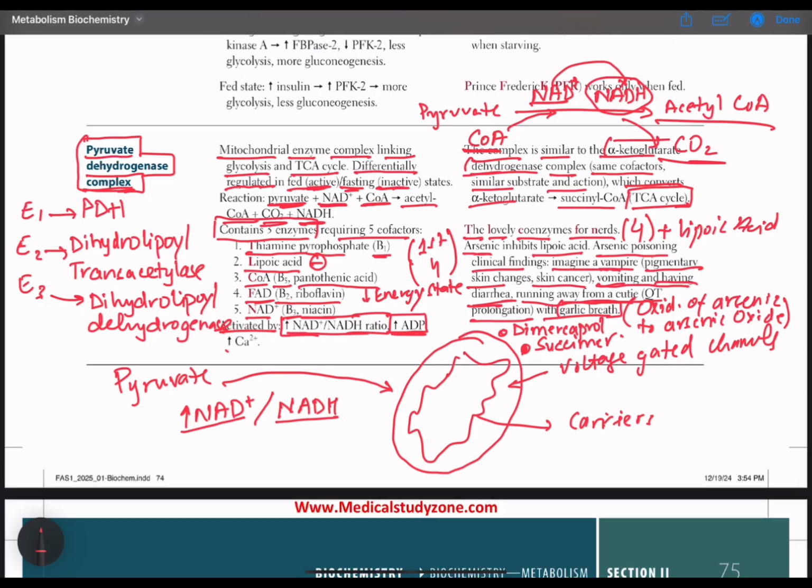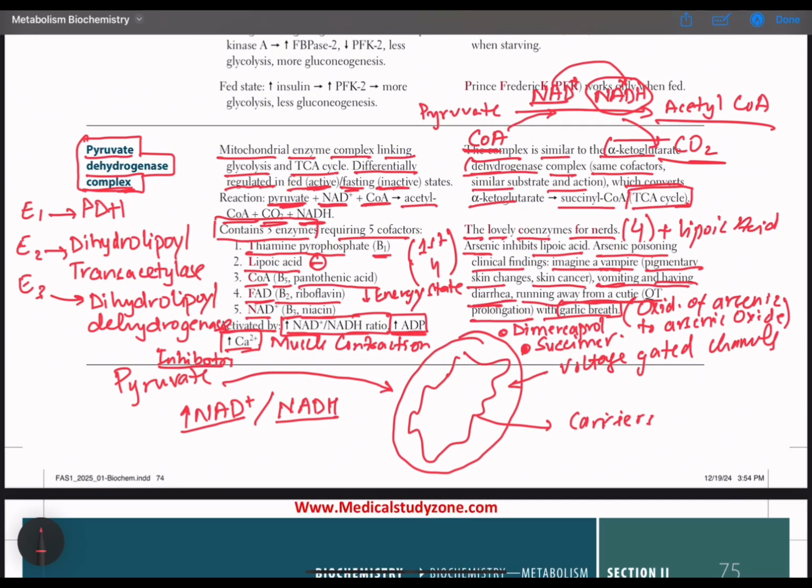It is also activated by calcium. Calcium is released during muscle contraction, which is also a trigger for energy requirement or the conversion of pyruvate into acetyl-CoA. And now, what are the inhibitors